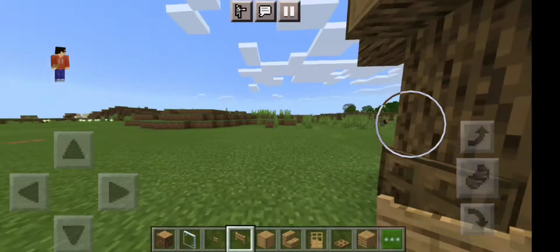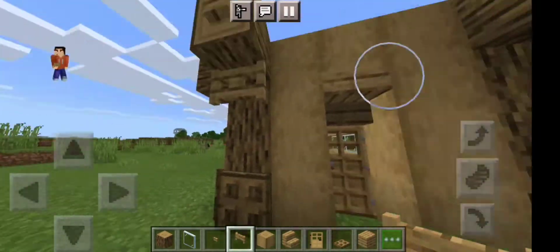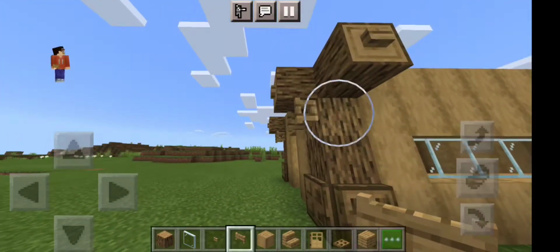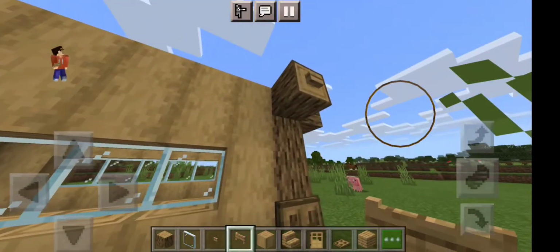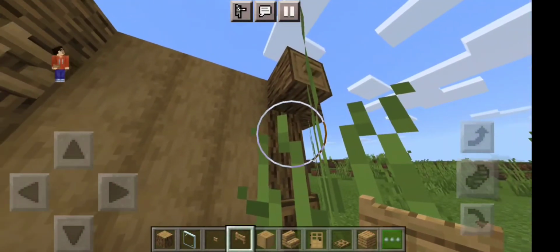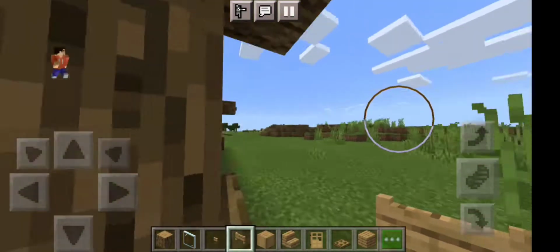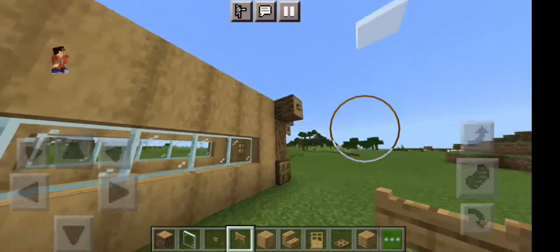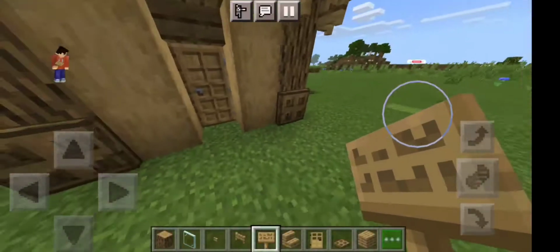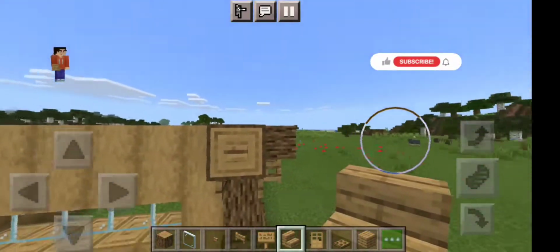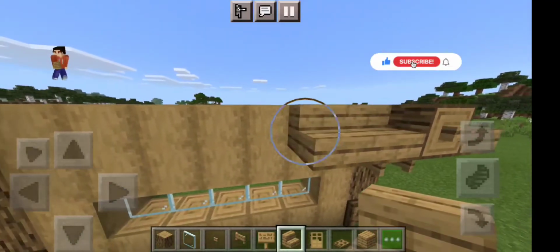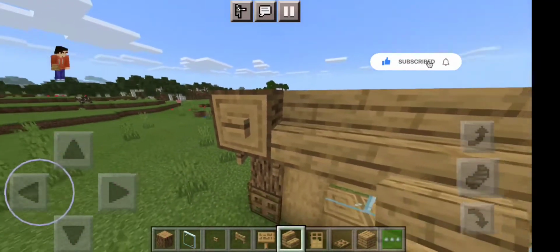Going under it, maybe even add some trapdoors or fence gates or whatever those are. It makes it look like they're being held up, and I think it makes it look a lot better, so go ahead and just add in trapdoors as so. I added a sign in front, just like it would be saying home sweet home or something, but you don't have to. Now, going up to the roof, we're gonna start in with our oak stairs and just place them